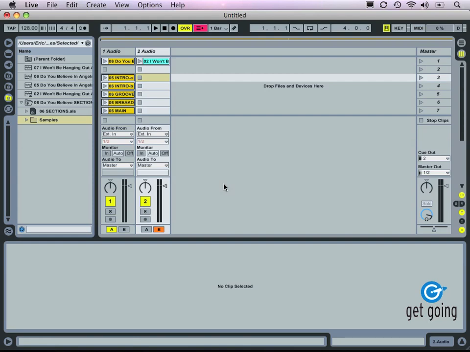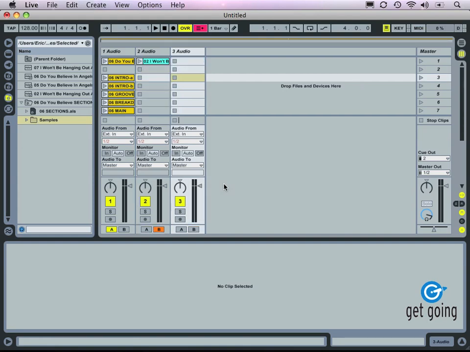To set this up, we create a new track, Command T. We'll go ahead and rename the track Loops. In our I/O settings, we'll select from channel 2. So the input to this track will be coming from the output of audio channel 2, regardless of where this is being sent. Now we can record enable the track,